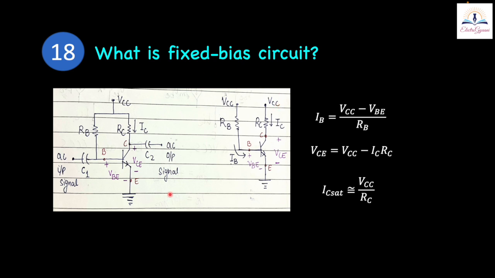So this one is the fixed bias circuit, and since we do this biasing to find the operating point, that's why we are removing all the AC factors, and this circuit will be transformed into this. Here we are finding the base current, which is very easy to find, VCC minus VBE upon RB, and the output voltage VCE is given by VCC minus IC RC. Since this saturation voltage VCE is very small, approximately 0.2, we can ignore it. So the saturation current IC is almost equal to VCC upon RC.